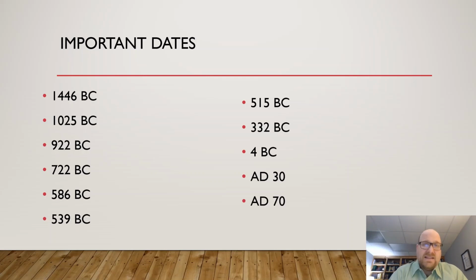And then the last date that I will give here is AD 70. Now, this is after the story of the New Testament. But, like if you come to the book of Acts, right? And when you conclude the book of Acts, Paul is still alive. He's on his way to Rome. So that story ends before AD 70. The book of Revelation was probably written after AD 70.